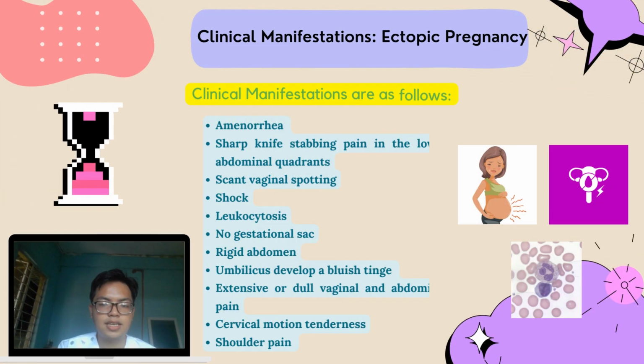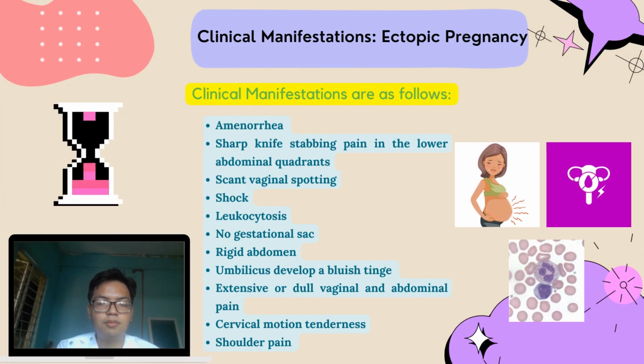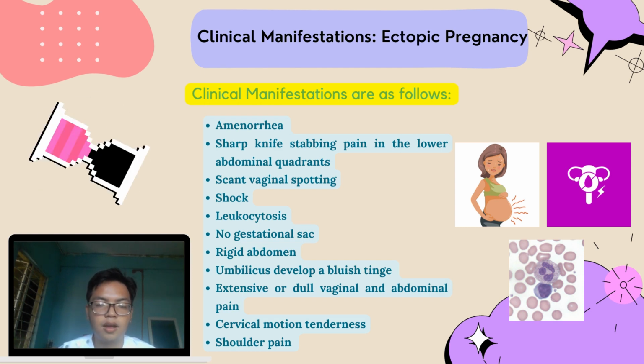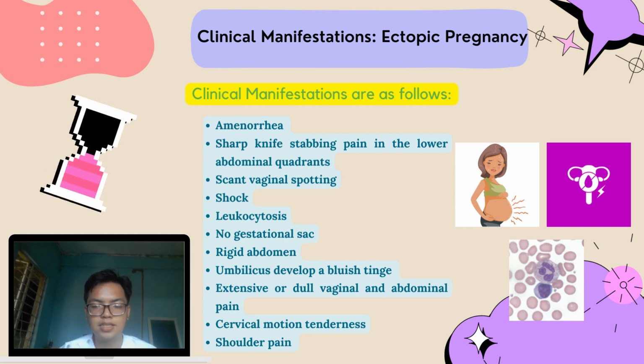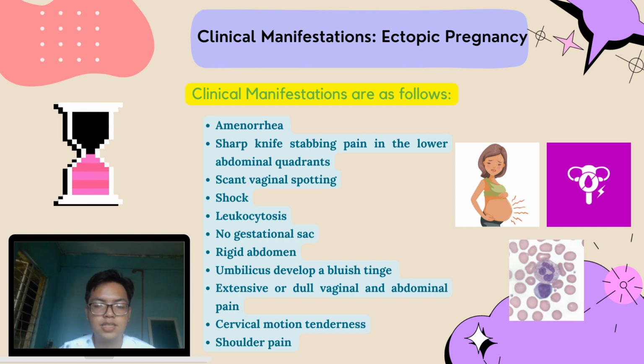Moving on to the signs and symptoms. The clinical manifestations of ectopic pregnancy include amenorrhea or absence of menstruation, sharp knife-stabbing pain in the lower abdominal quadrants, scant vaginal spotting, and shock, meaning symptoms like a rapid thready pulse, rapid respiratory rate, and decreased blood pressure. Leukocytosis, which is a high number of white blood cells in our blood, no gestational sac, rigid abdomen,